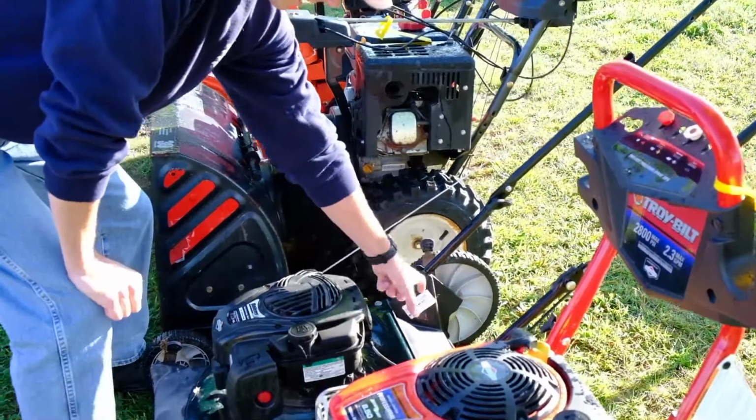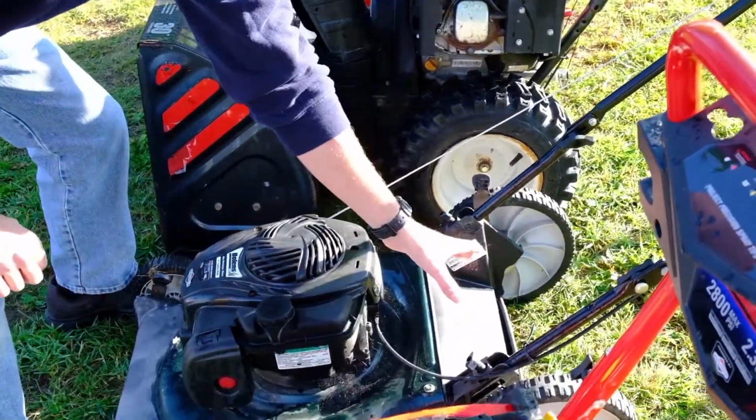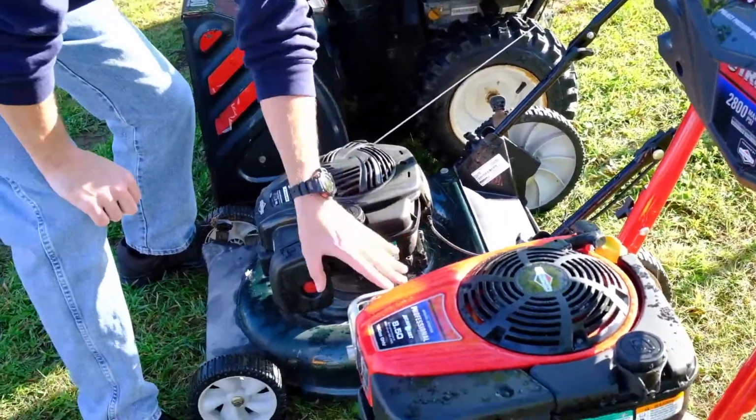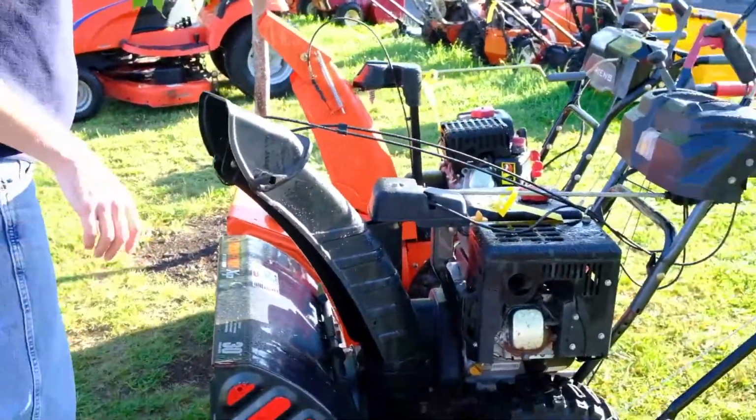There'll be that same kind of a model serial tag on that flap, so they're easily visible that way. Some other ones are actually on the mower deck itself. All easily visible on push mowers. Let's go around the back side here